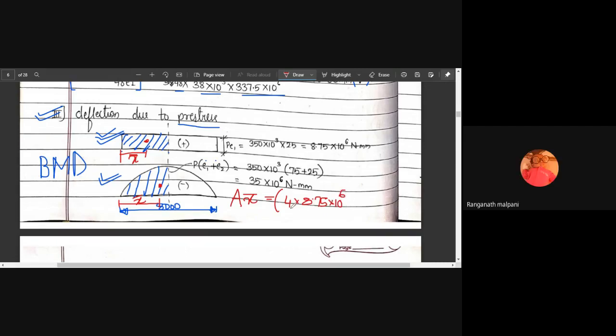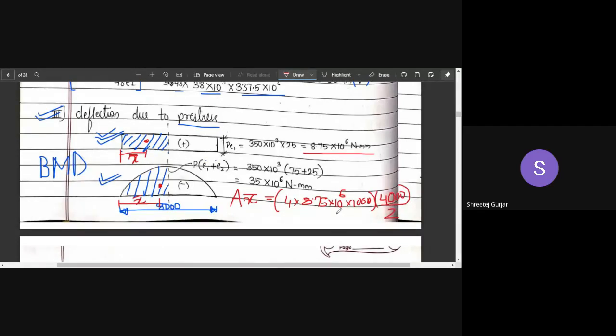Sir, then make it 4000. Right, so this has to be 4000. So I'll multiply this by 1000. Correct, no problem. So this is your area. Whatever you have told is correct. Area you have told. Now into X bar. Can you tell me what is X bar for this now? 8.75 by 2. I am telling about this horizontal distance. Sir, 4 divided by 2. Yes, it is 4000 divided by 2, right? You have to tell me the horizontal, not the vertical.